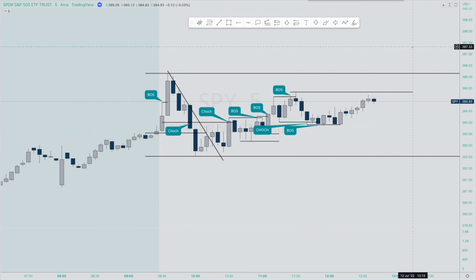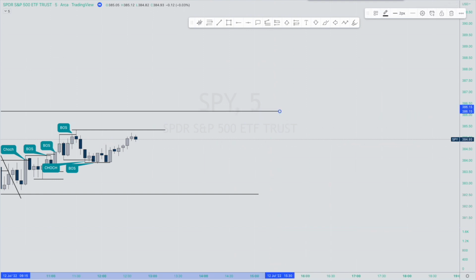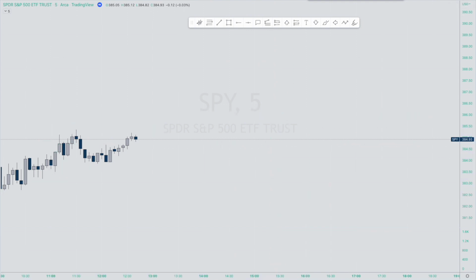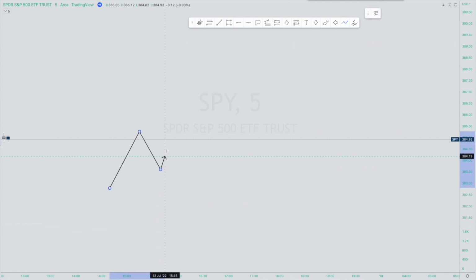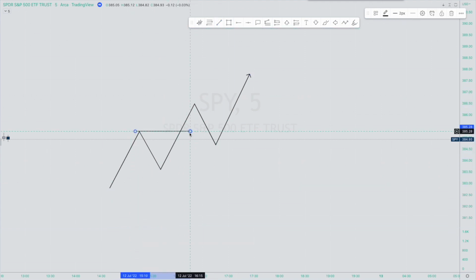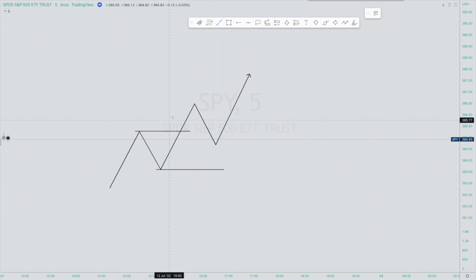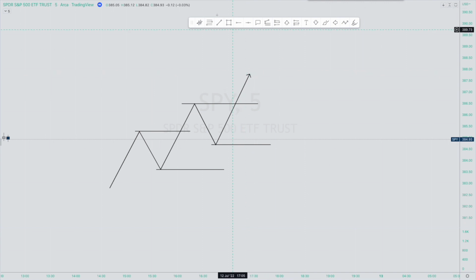Because what we do know with market structure, and this is my last point I want to make today, is what we do know is within a trend, so we have this trend. And let's just say this is a 30-minute chart. So our 30-minute chart is making a high, break of structure, high or low. We have a high, break of structure, high or low. And we're putting in a high. So if this is the 30-minute chart,